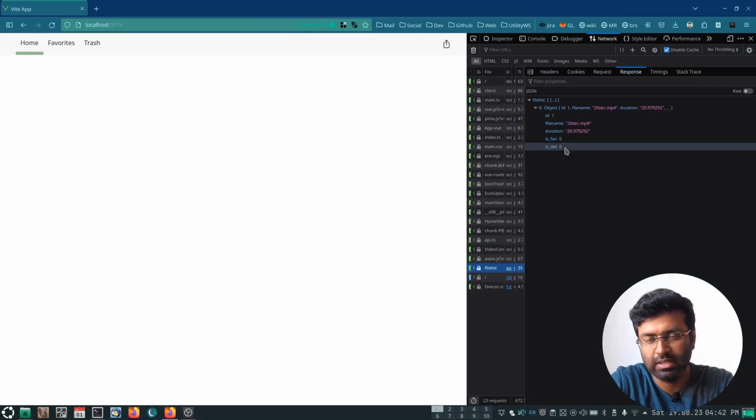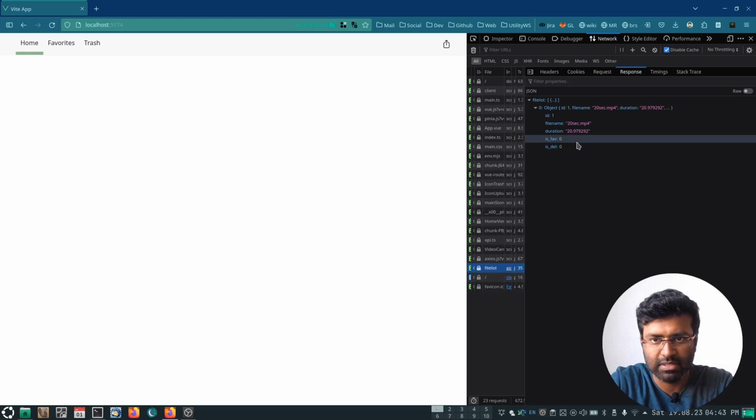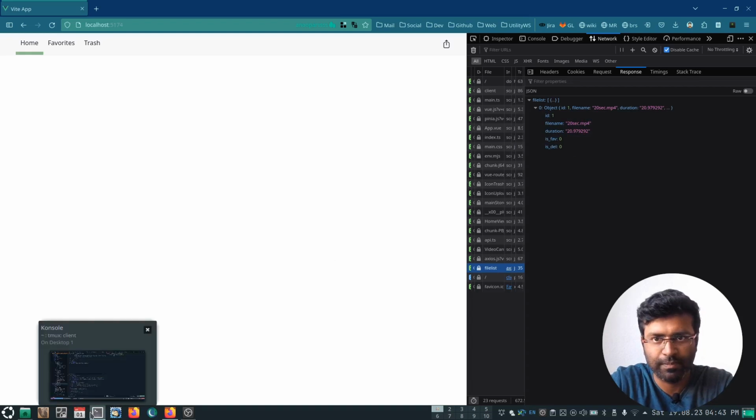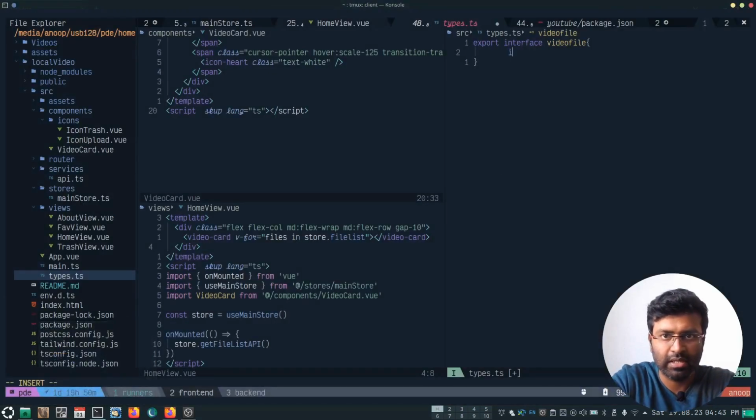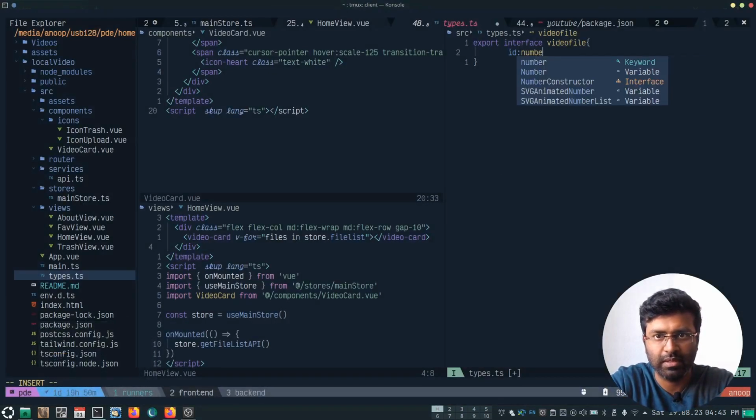So this is the video file that we get from the server. So it has an ID, a file name, a duration, and 2 boolean values. So this is supposed to be boolean, but as I explained earlier, I am keeping this as integer because of the SQLite 3 issue. So here I would add ID, and it would be a number,